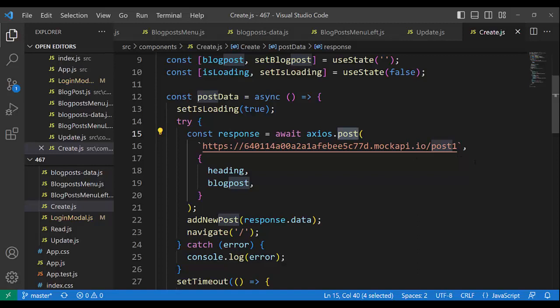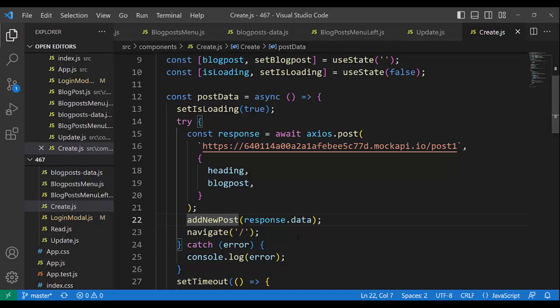The mock server adds that new post to the existing array of posts on the server, and sends back a response. In that response, it sends back what we sent, heading and blog post. And when it comes back in the response data, we respond with the function add new post,